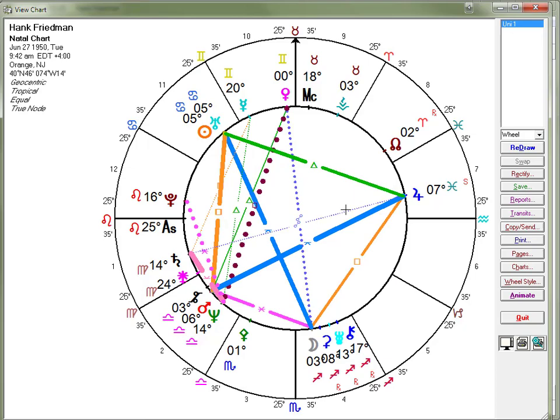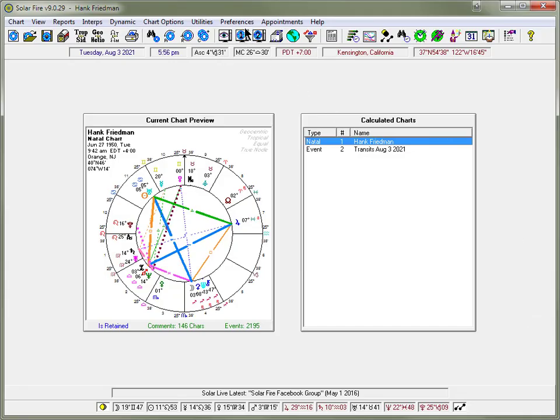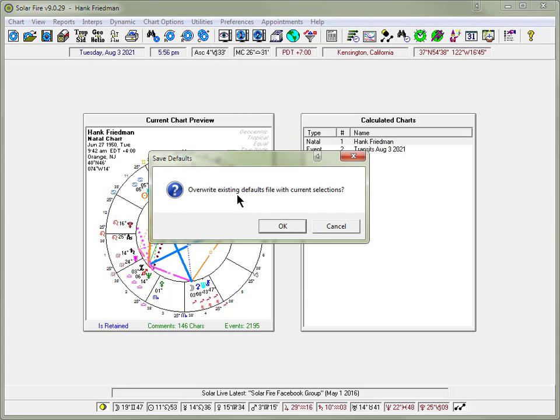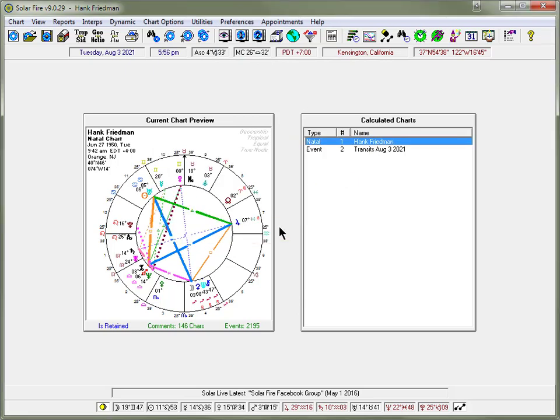But let's say you've made the changes you want. Then you click Quit, and then you, as I said, click on Preferences and Save Settings. And then the settings you have will be saved. From then on, it will